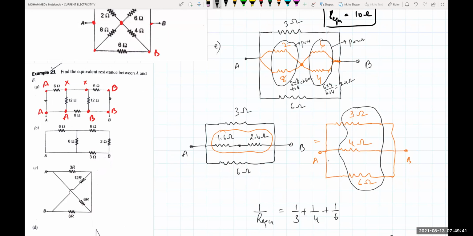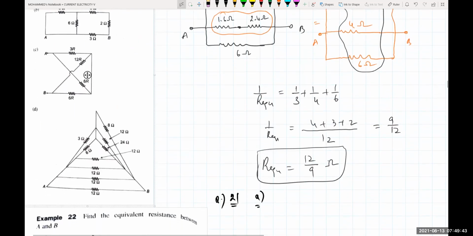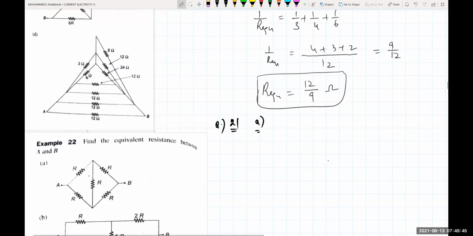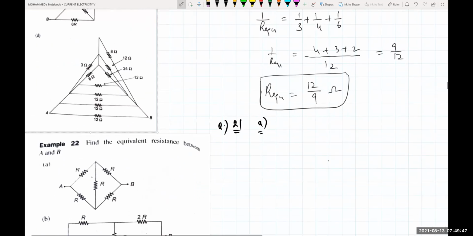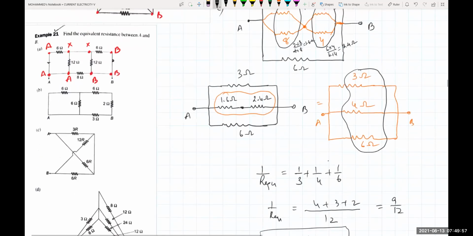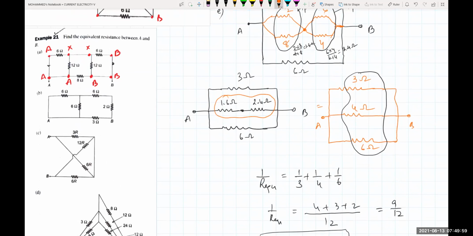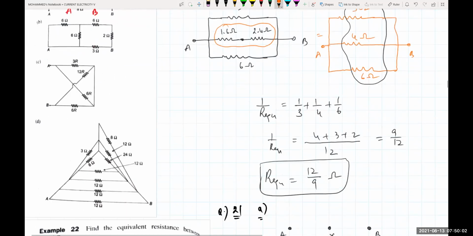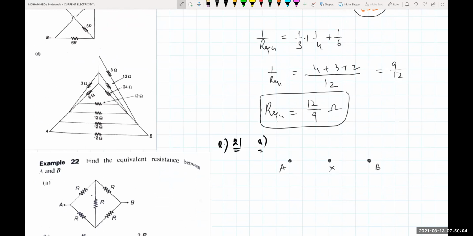Between A and B there is one more resistance right now, isn't it? So can I take the points like this? I need to take the effective resistance, so first we'll take A, then X in between, and finally B. Between A and B, what point do we have? There is one X. Now tell me, between A and X, is there any resistance you see? Between A and X, there is one resistance. That is nothing but 6 ohms.